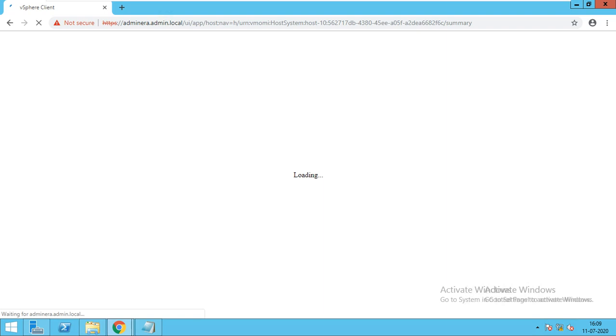So now when the page comes, there will not be any error or any yellow mark on my ESXi. After the reconfiguration, you just have to refresh your browser, otherwise log out of vCenter and log in. It's up to you. I have refreshed my browser.